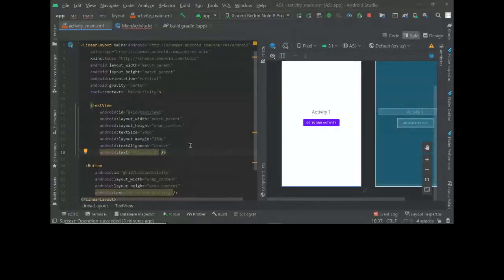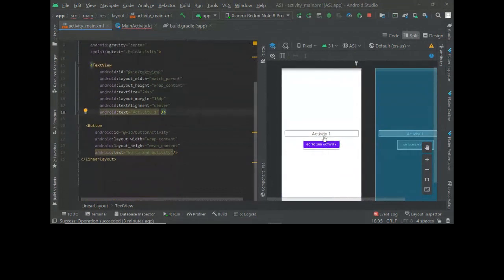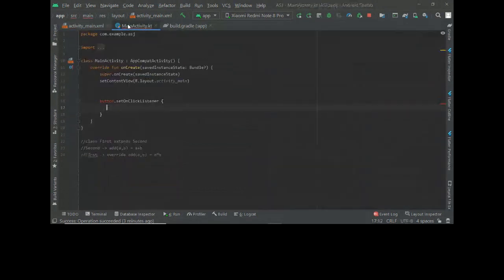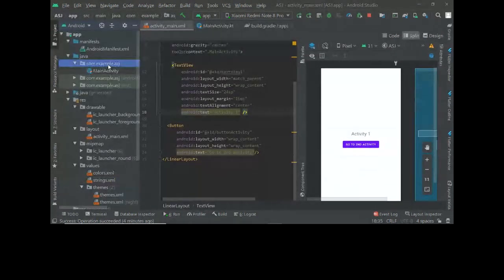So activity is like, I mean, you can imagine it for now. It's a little bit more complex than that, but for now you can imagine it like one screen of your app, right? And you want to go to another screen. So that is what go to second activity means. But we'll add this functionality now. For that, first here we'll add a new activity.